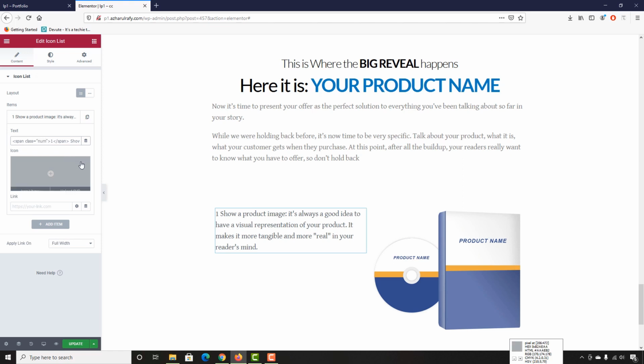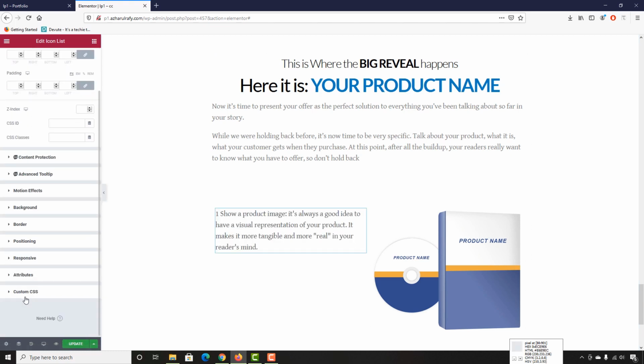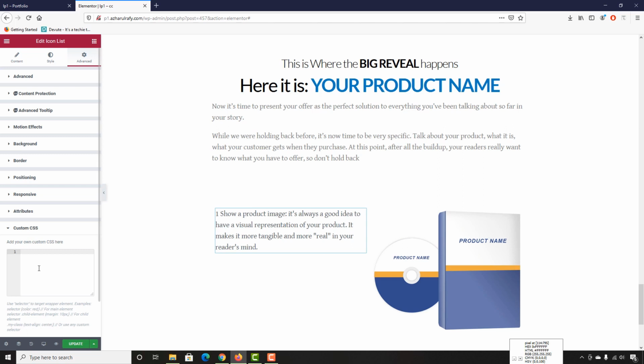Okay, so now let's make the change here for the 1 number. So let's go to advanced, go to custom CSS, then call num class, and then we are going to use the curly bracket,